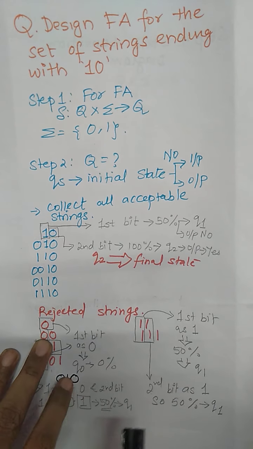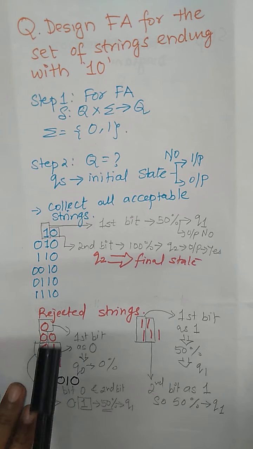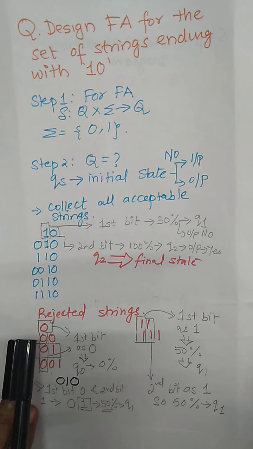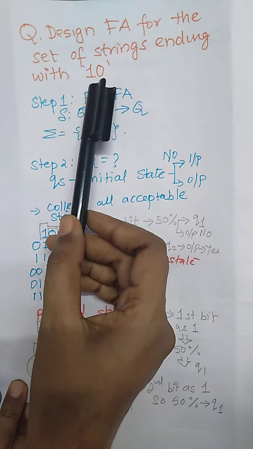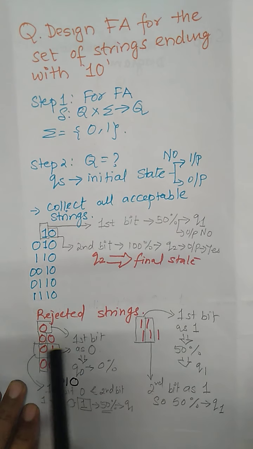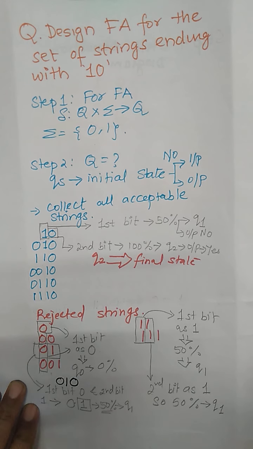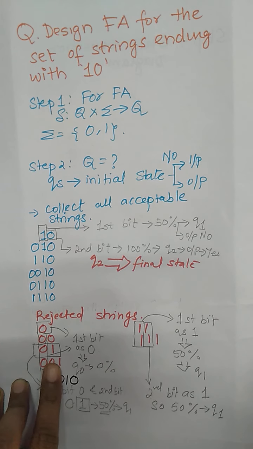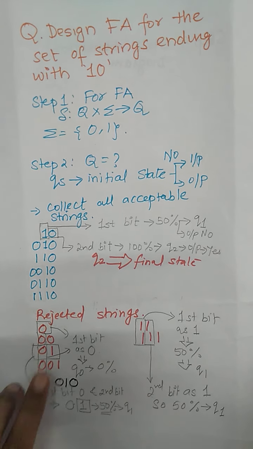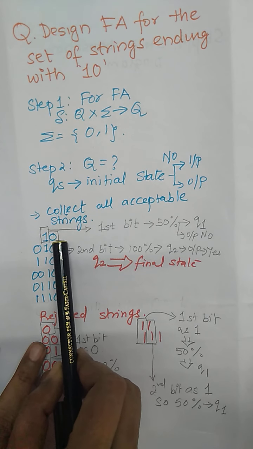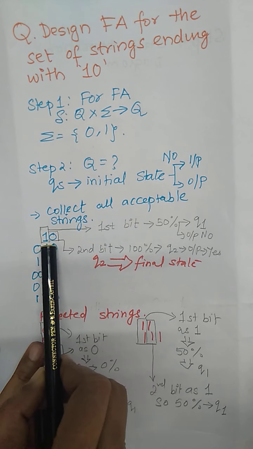Now we will move to the rejectable states. In the rejectable states, if the first bit itself is 0, our requirement is that the string should contain the first bit as 1 and the next bit as 0, but here the first bit itself is 0. First bit means the second last bit, because your string is now ending with 10. But if the string is 10, this will be the first bit and this is the last bit. Why have we directly considered 10?